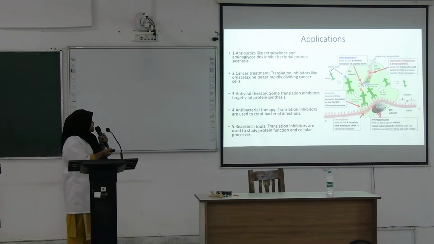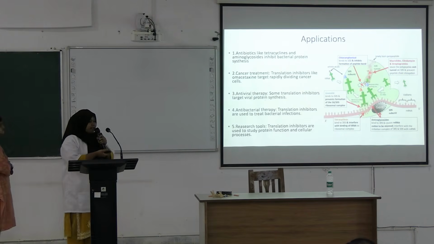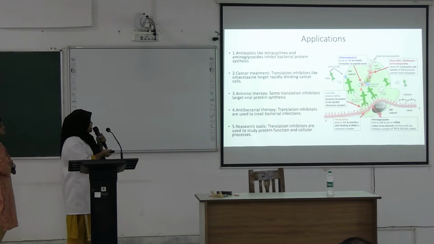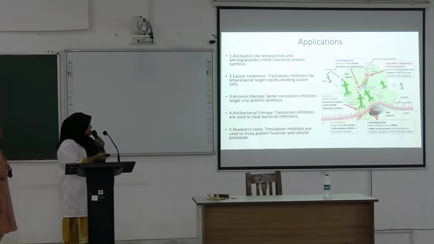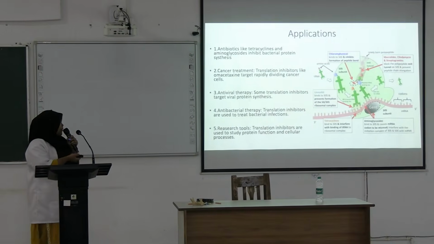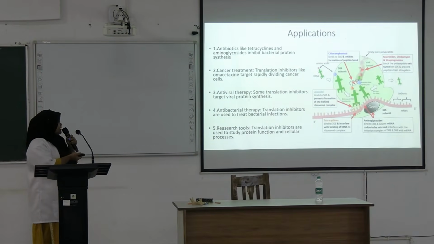Translation inhibitors like omacetaxine target rapidly dividing cancer cells. We have antiviral therapy as well as antibacterial therapy. Some translation inhibitors target viral protein synthesis, and translation inhibitors are used to treat bacterial infections, as well as